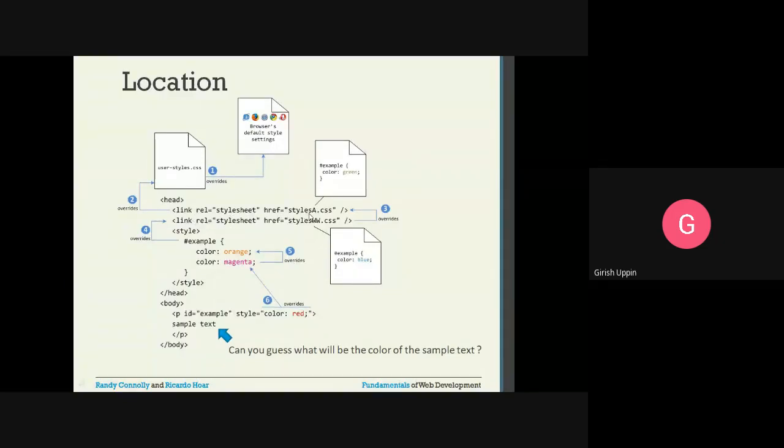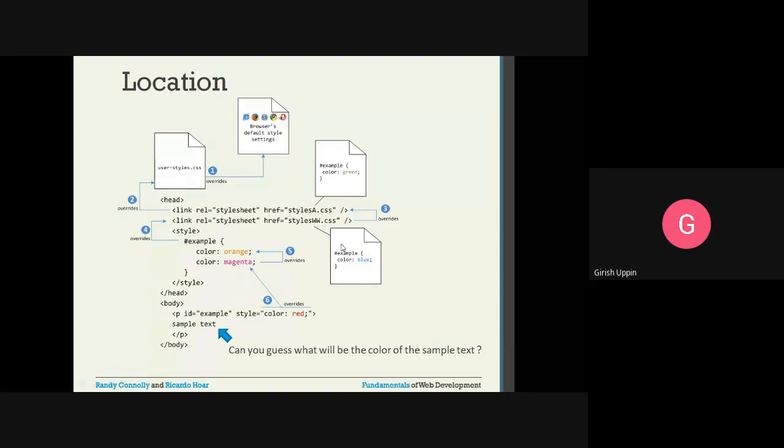So that is styles a.css. This is the file we have, and inside that I have an id example, which overrides the color green. Whatever is in the browser default style will be overwritten by the user style. If you specify any particular style here, those styles will override the browser default styles. Then this is the first style sheet I have. I have one more style sheet here, styles www.css.